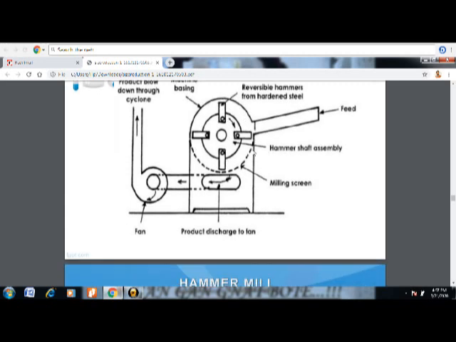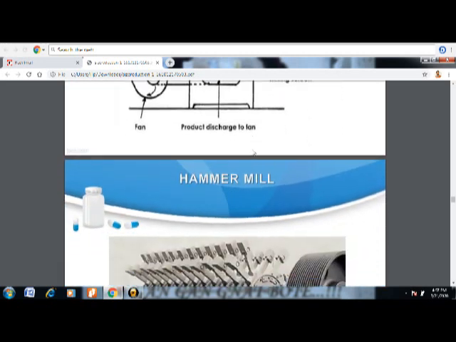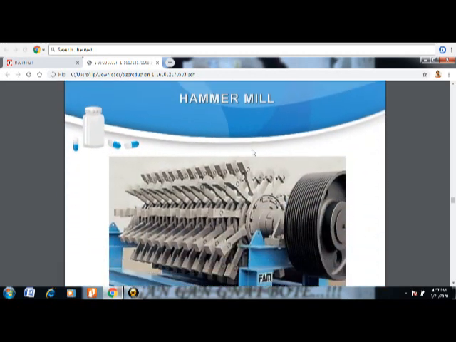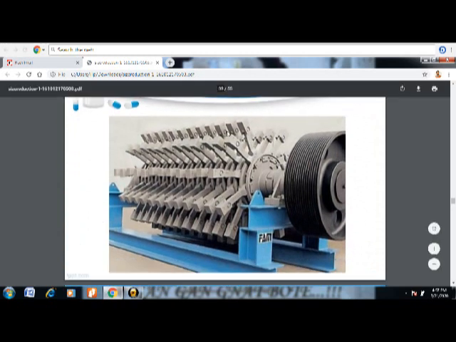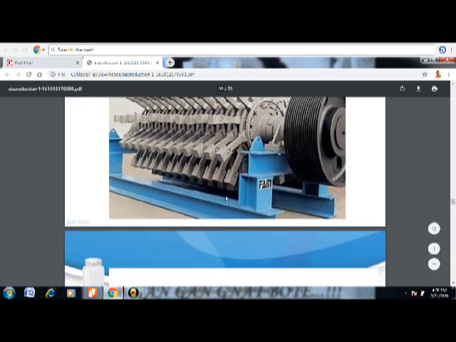Now we'll discuss the next point. See here again, this is the hammer mill. Here the metallic casing is not shown, here you can see the hammers. See, these are the hammers and this is the metallic shaft. To this shaft the hammers are attached. With the help of this metallic shaft, these hammers rotate with a very high speed. And here there will be a metallic casing where the product will be, and these hammers will move, and you will get the grinding action of the material.